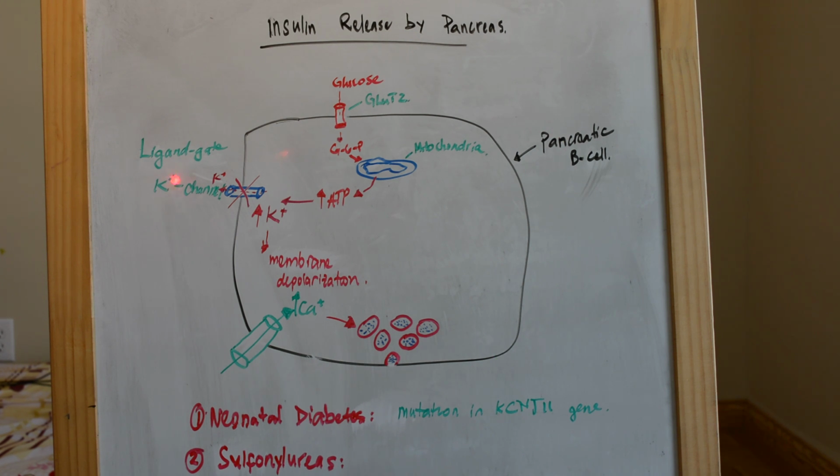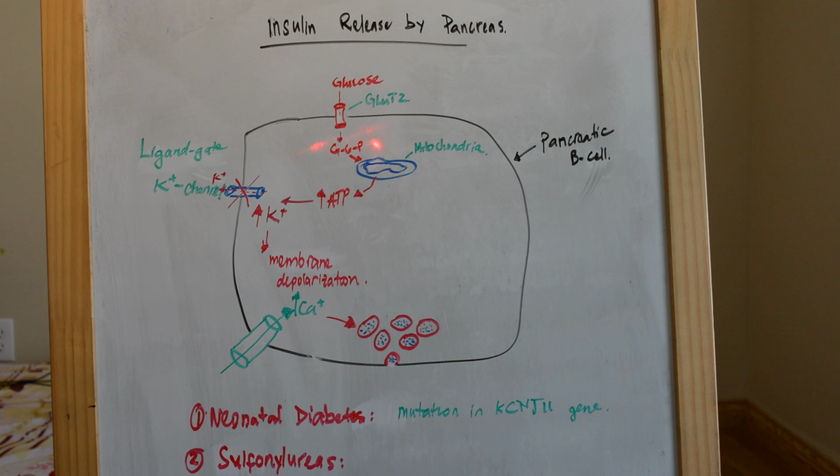Normally, after we eat a meal, we have an increase in the level of glucose in our body, and we need a lot of insulin, so that it will help other tissues to take up that glucose, to lower the blood level of glucose. The beta cells are the cells responsible for the secretion of this insulin. So when there's an increase in the level of glucose in our blood, the GLUT2 transporter